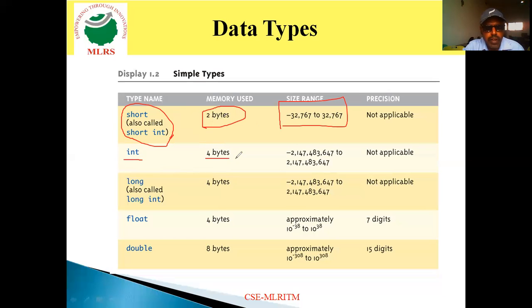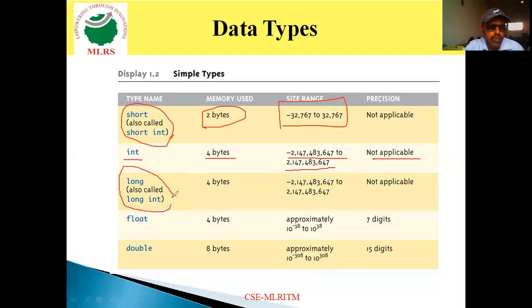The int data type requires 4 bytes of memory, and the range is -2,147,483,648 to +2,147,483,647. You can store up to these values. Here precision is not applicable, as we are not using any decimal values.